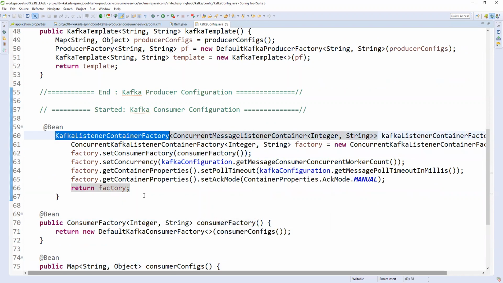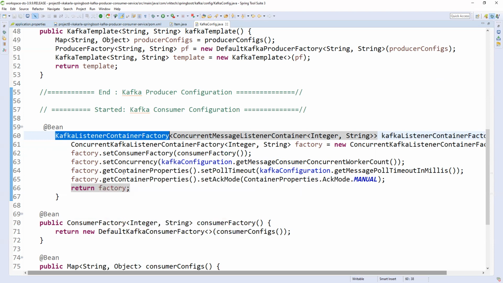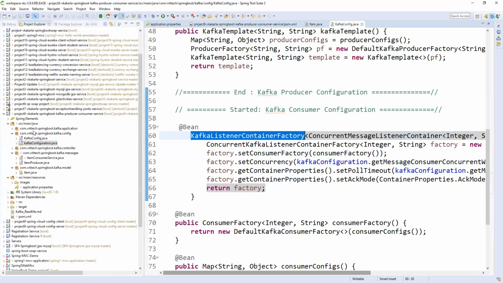The Kafka listener will take care of whenever a message or data comes from the producer. The listener will keep on listening, and whenever the producer has a message, it automatically delivers it wherever the producer service is called by our developer. Fine, so this is the Kafka configuration.